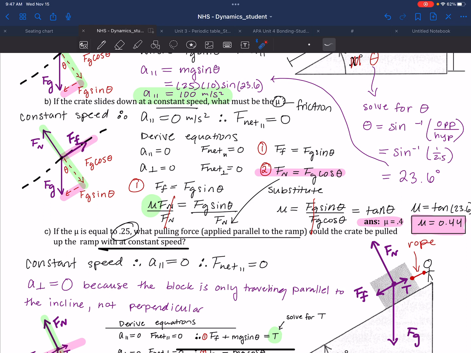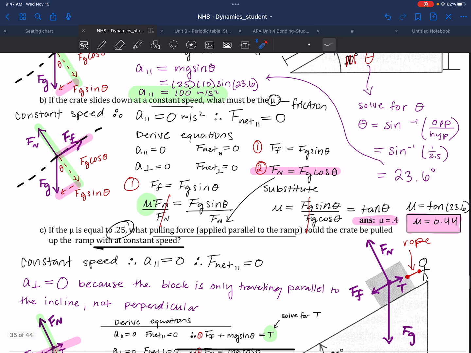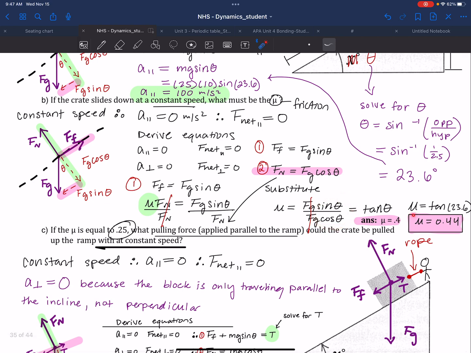So when I substitute that, we actually did this problem in class. So my mu going down the ramp is going to be dependent on sine over cosine, because my weights will cancel out. Tangent theta is the same as sine over cosine. So mu is equal to tangent theta. Okay, so tangent of 23.6 is going to be mu is equal to 0.4. So we know that the friction needed for an object to travel down an incline will be dependent on the